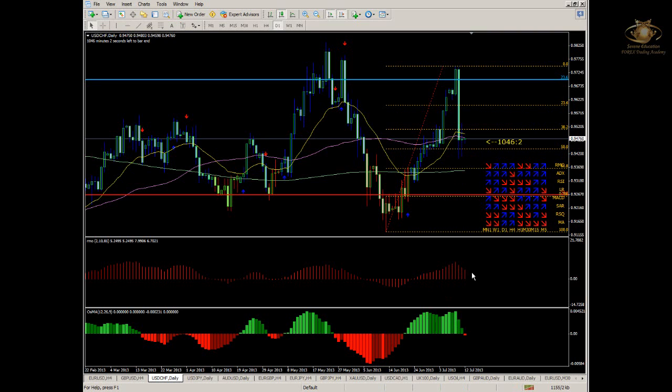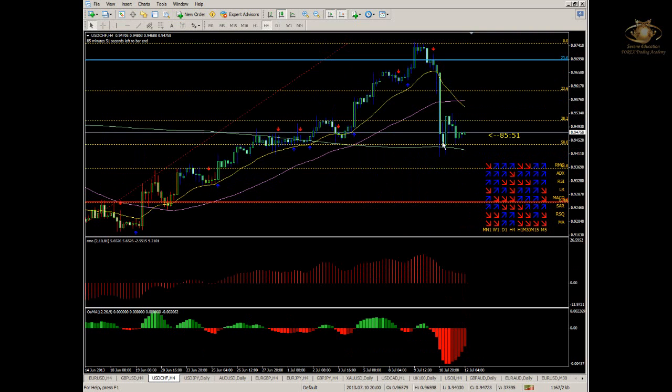Now RMO is above, MACD has just gone below, but this candle has not closed yet. So as it stands at the moment, if you go to the 4-hour time frame, she's negative, and you can see the institution on 4 hours actually acted as support. Before she was resistance. Now we've seen the breakout, the continuation, then the pullback. So now if the US dollar is to really be negative, we want to see the institution being broken. So we need a nice 4-hour candle break below not only the institution but also the 50% on our daily. And then we could target near term the 61.8 and ultimately back towards the weekly fib